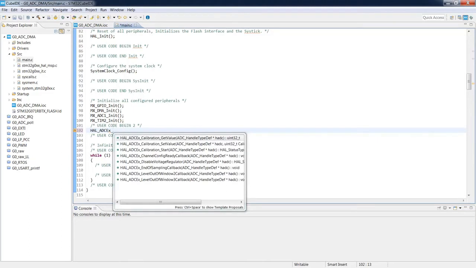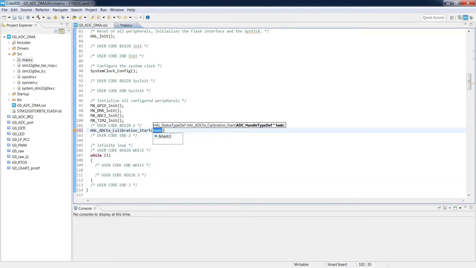Okay, so we need to select the proper function, calibration start. Then the first argument, the only argument, is the ADC1 handler, and that's it. To be sure that this calibration has been done properly, I would check whether this function has been executed correctly.